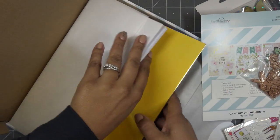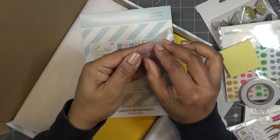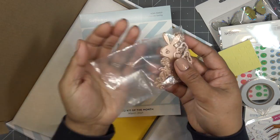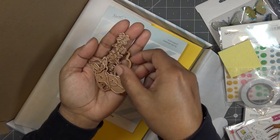Let's put this in here. And let's check this out. So the reason I left the dies for the end is because I wanted to see how they go back to the stamp set, because sometimes some of the dies go back to the stamp set and sometimes they just do their own thing. So let's see if I can...